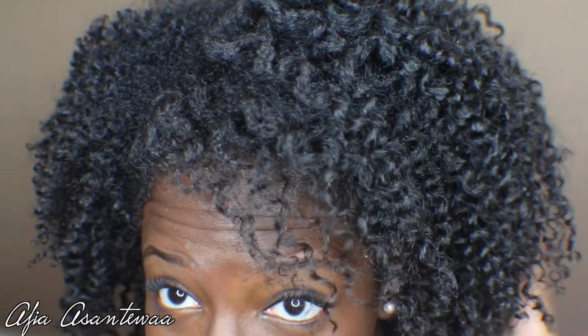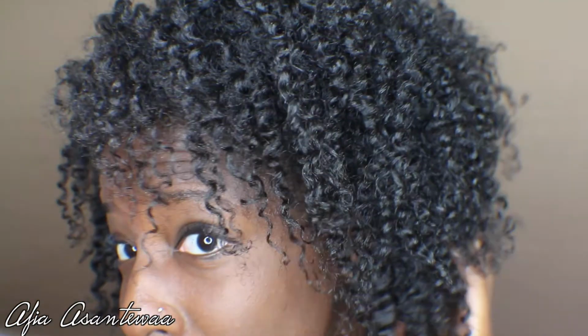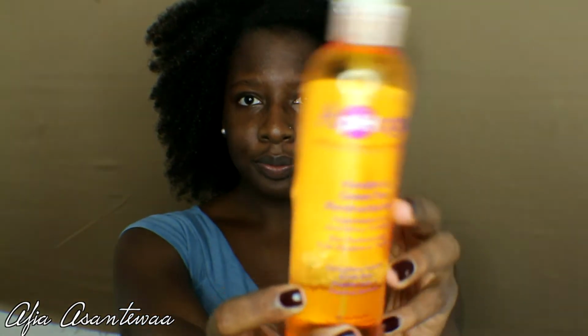Hey YouTube, I'm here with the video showing you how I do a twist out. I've been asked a couple of times, so I just wanted to come on here and show you how I do it. So I start off with the Aphogee Two-Minute Reconstructor, and I just add that to my hair